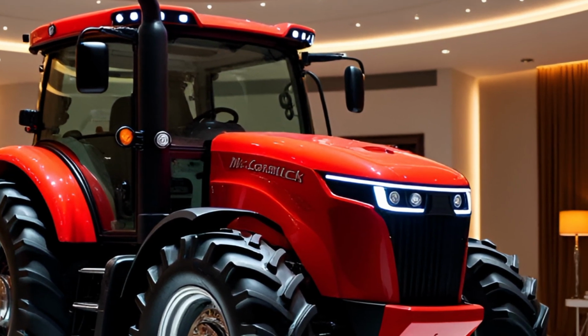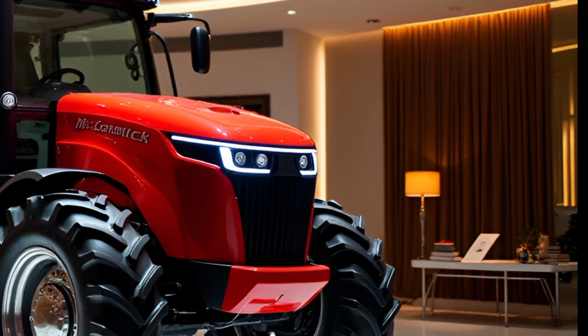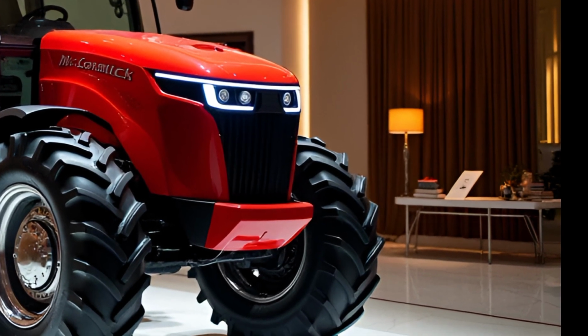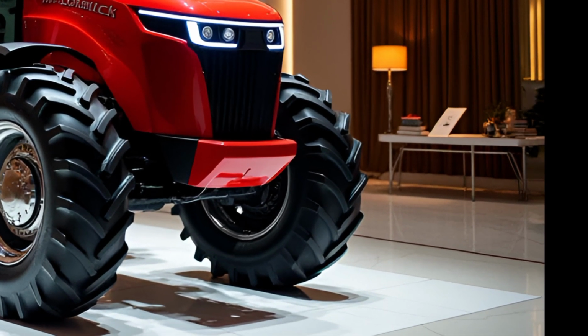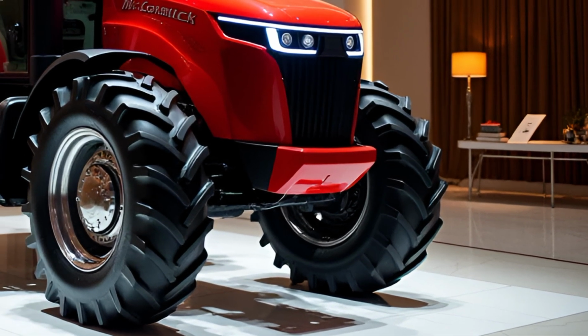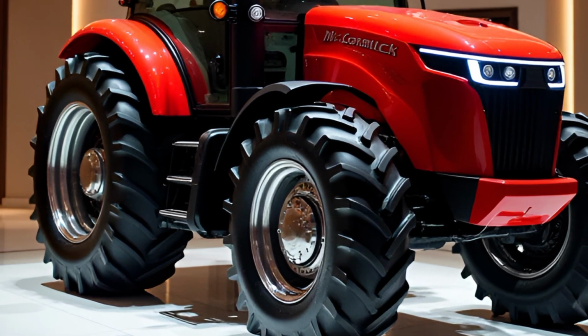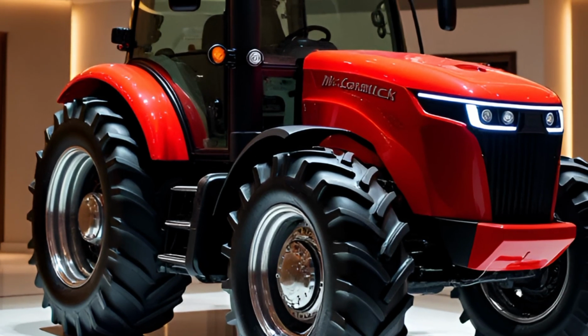job. Another significant enhancement is the precision farming technology integrated into the 2025 McCormick model. With advanced GPS and smart farming tools, farmers can now manage their fields more efficiently, reduce waste, and maximize yields. These tools are designed to help operators make data-driven decisions, ensuring that every aspect of farm management is optimized for